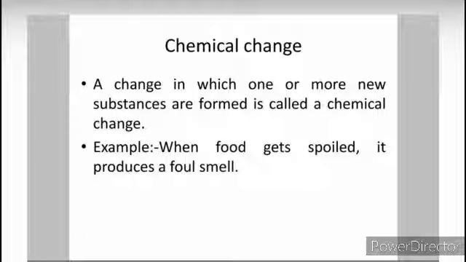That's it for today's class. In the next part I'll share the remaining parts of this chapter. Up till physical and chemical changes, since we have discussed these, please go through your textbook and try to understand what is mentioned in the textbook, and let me know what doubts you all are having.